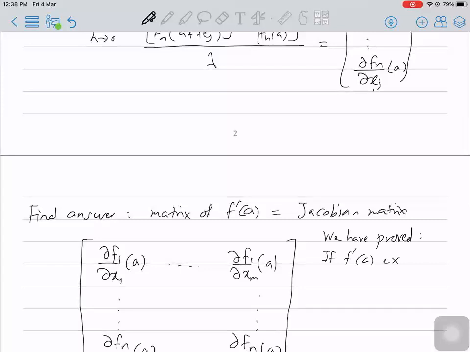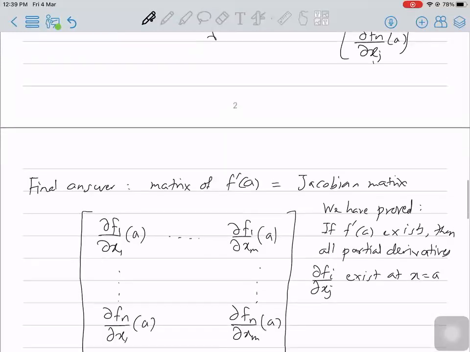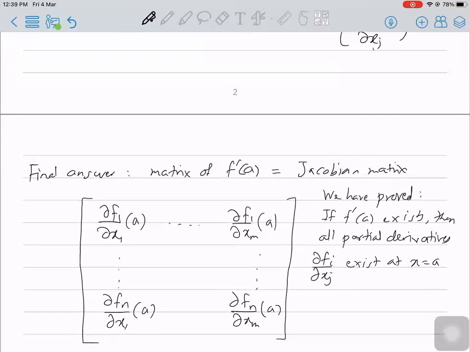If f prime of A exists, then all partial derivatives del f_i by del x_j exist at x equal to A, and they make up the matrix of